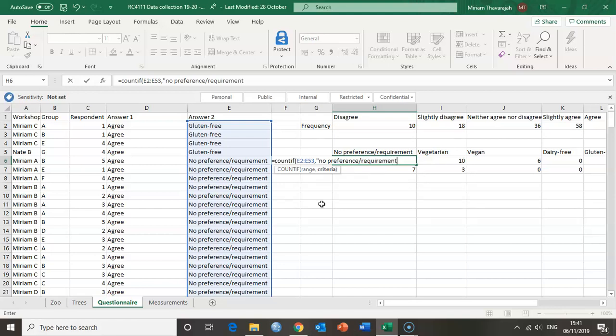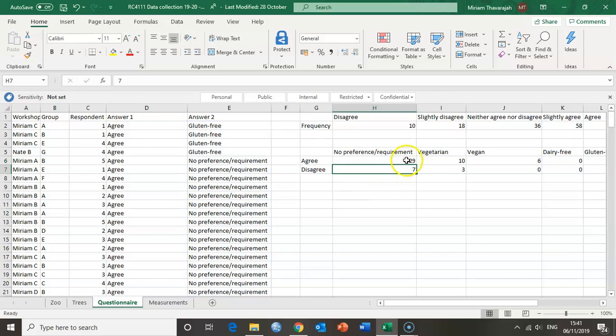Okay, so no preference requirement, and then inverted commas again, close bracket, enter, and you have the number 29 just like before. Okay, now if you wanted to do that for the rest of the cells, you could either type it again